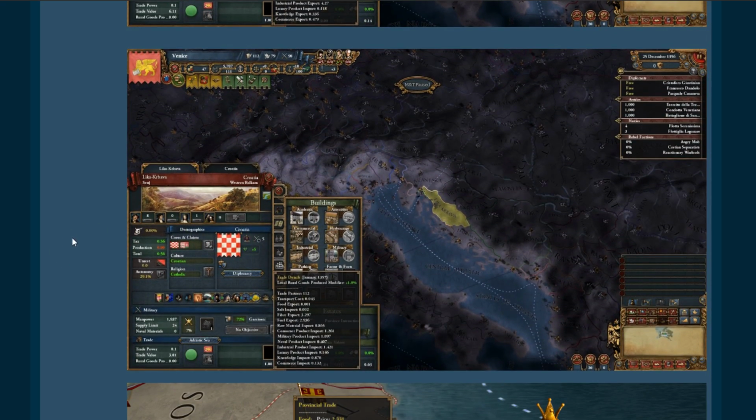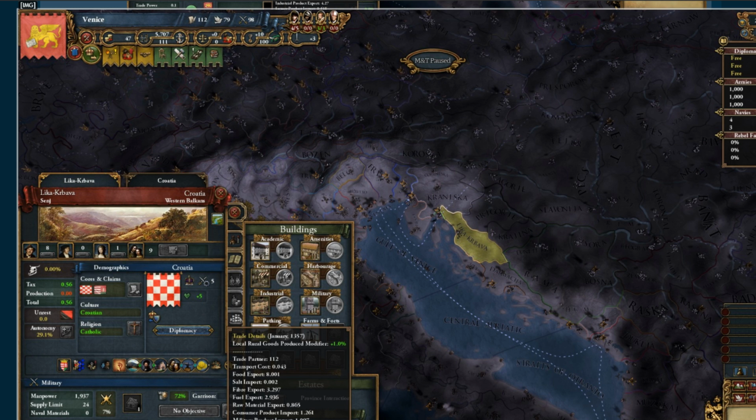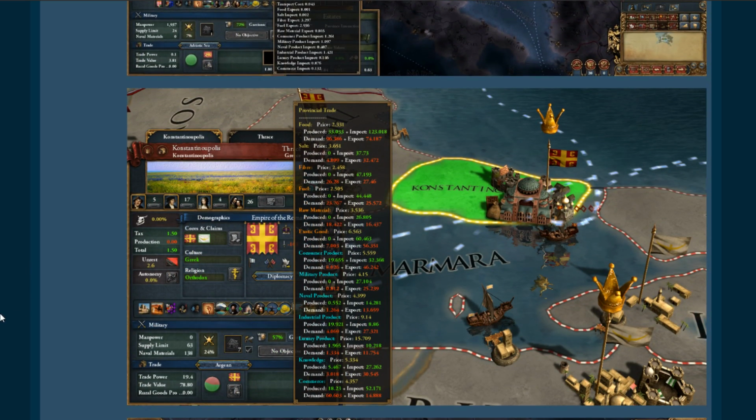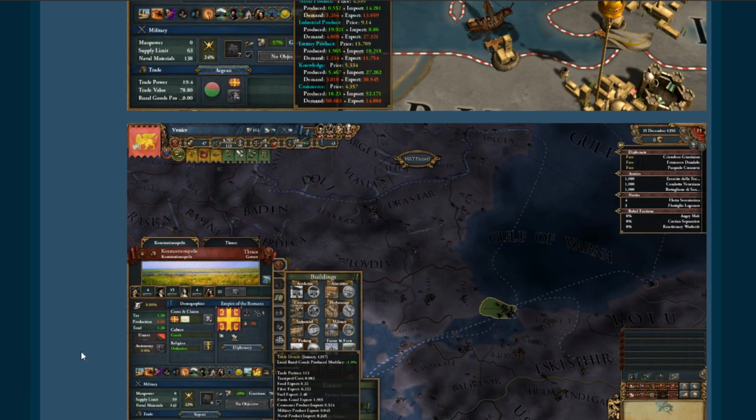And then looking at Lika Krabavka, it's also exporting 3.3297 fiber to 112, which is Venice. And then we're having a look at Constantinople, which is, if we look at the fiber, it's exporting 27. Its demand is 26, so it's using some of its own fiber. And then it's also importing 47, which means that